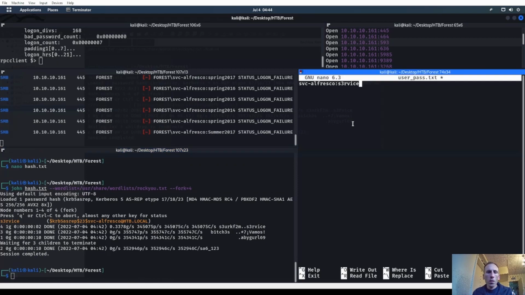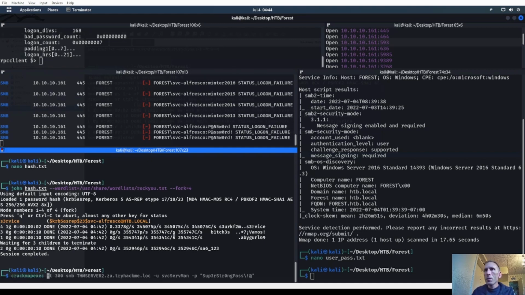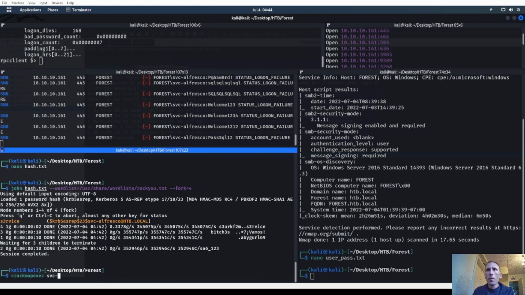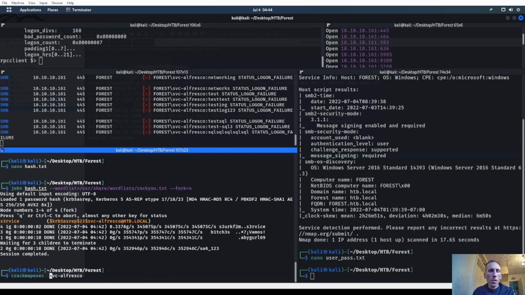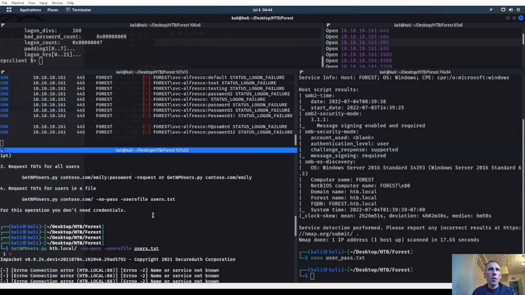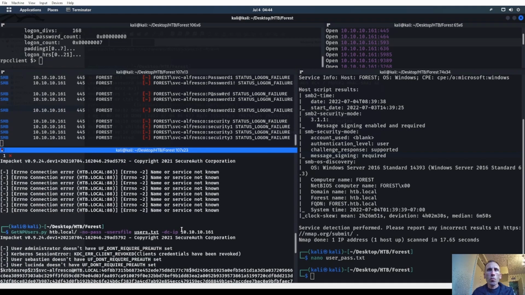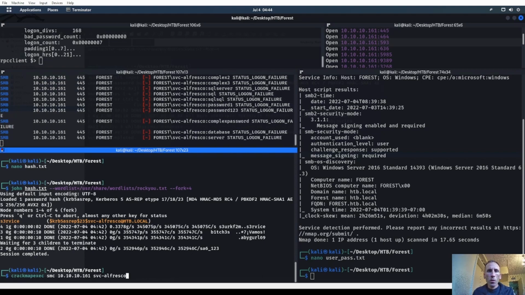All right, cool. So we now have him, so we can go ahead and do probably an SMB, I would think. Let's try SMB. Let's see what he can actually crack map exec. See if he can actually get in first. What was his thing again? SVC alfresco. SMB for the IP address of, where do I put that? There we go. 10.10.10.161, right? Boom. Okay, SVC alfresco is the username